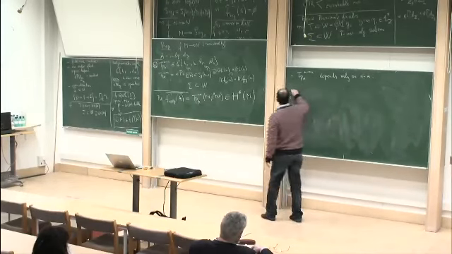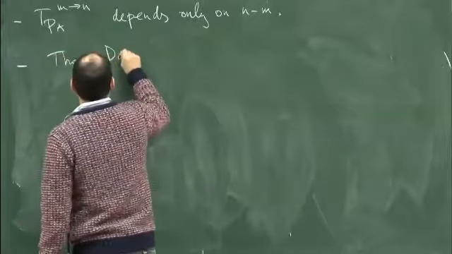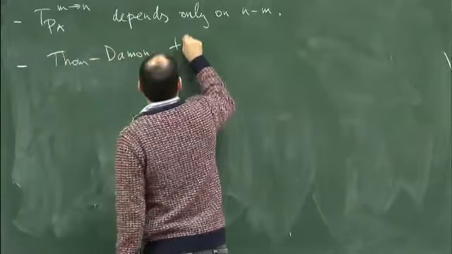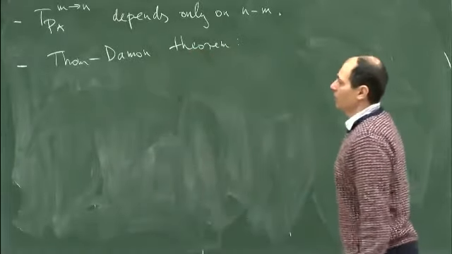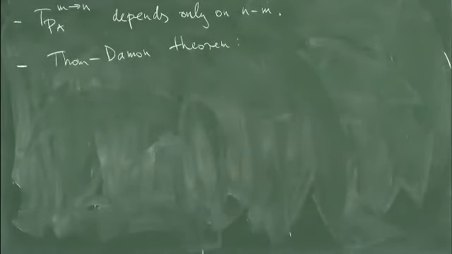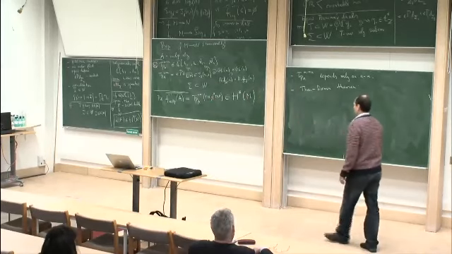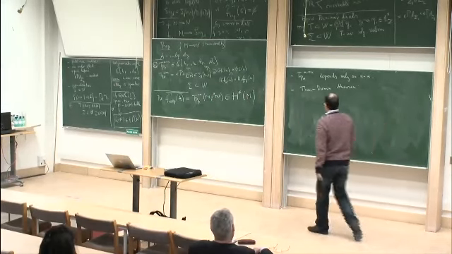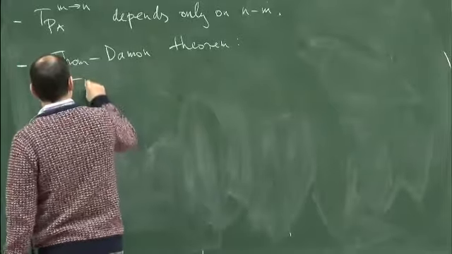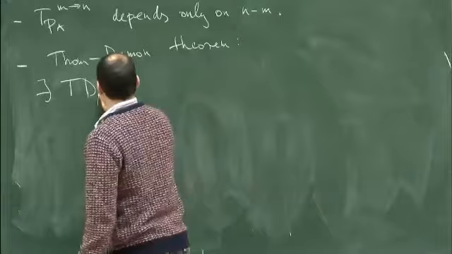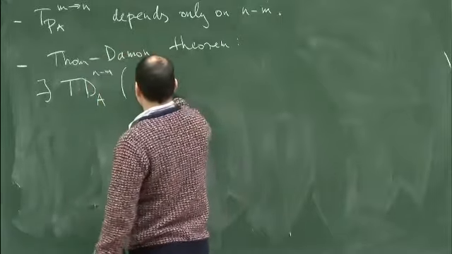There is a rather non-trivial thing which you could call the Thom-Damon theorem, which tells you that this polynomial in two sets of variables can be reduced to a polynomial of one set of relative variables. So that means that there exists a polynomial TD, Thom-Damon, of A, n minus m, but now it's in a set of classes